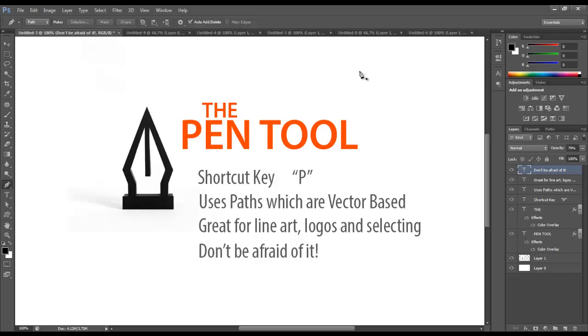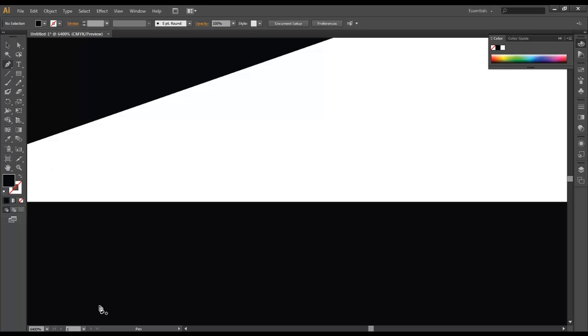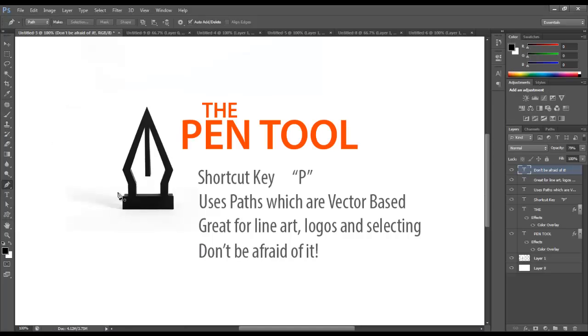So, just to get started, I'd like to let you guys know the shortcut key for the pen tool is P on your keyboard, and this is the pen tool right over here on the left, and in Illustrator right here, same icon. And the pen tool uses a system called paths, and paths are vector based, which means some crazy mathematical jumble about curves and Bezier. All you need to know is that when you do something with the pen tool, if it's on a path,